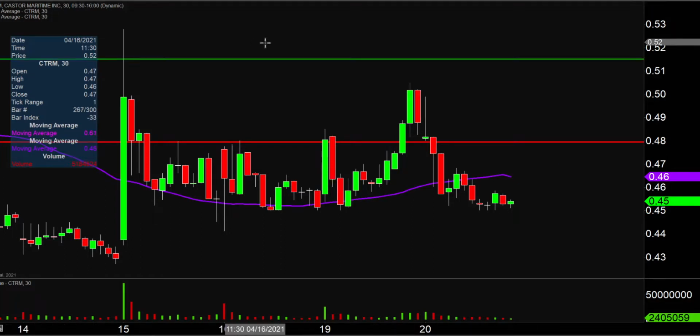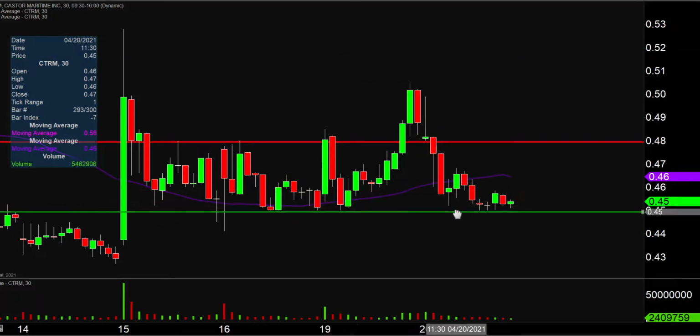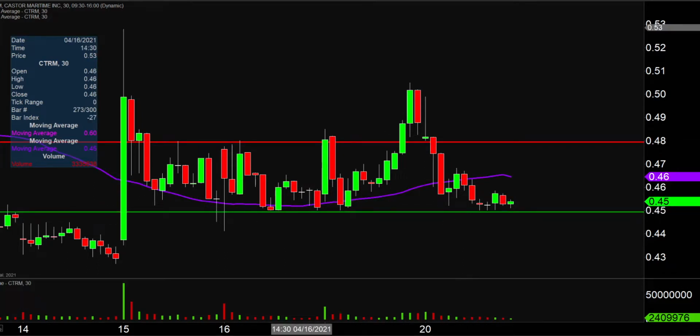support, and to give credit where credit's due, at least the price has been doing a great job of holding up there above that 45-cent mark. I mean, you go through the history of the chart, and you can see 45 cents a whole bunch of times has held nicely, and then you fast forward to today, and once again, it's held. So good to see 45 cents is continuing to hold, but that also makes it a very important level, because